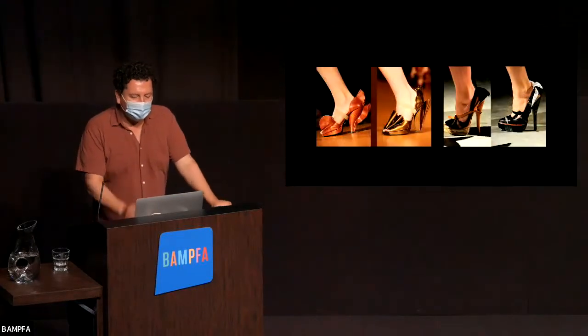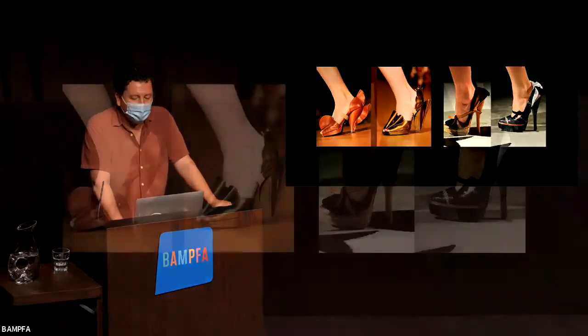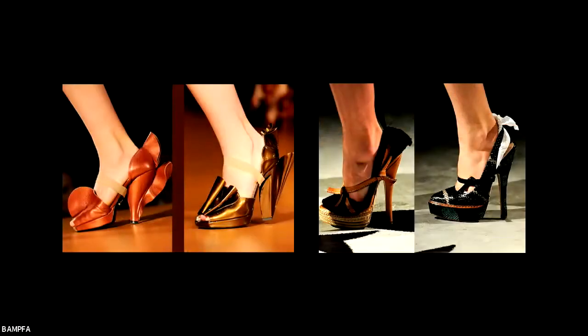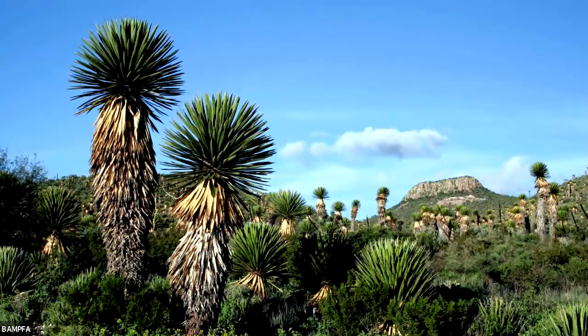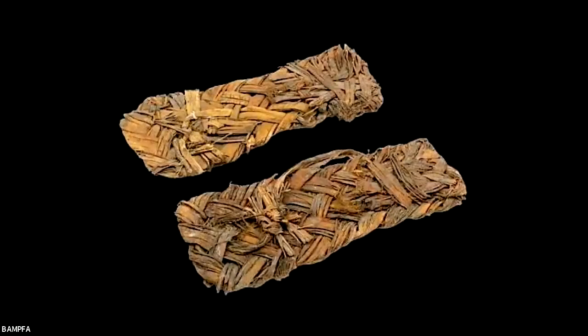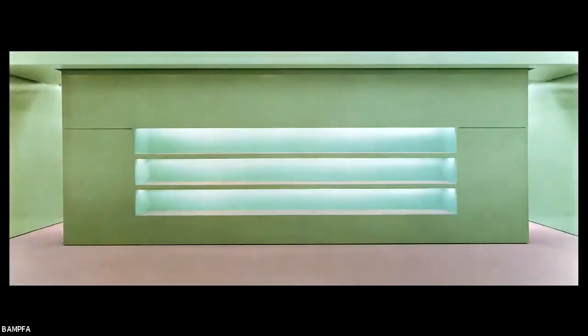And so it's a building that houses the 2004 line of shoes and purses produced by Prada, which cost over $1,000 a pair, in a landscape where the traditional shoe was made out of yucca fiber, and that's what that shoe looked like. But it's also a landscape where people walk hundreds of miles until their own shoes wear out, and they stick the fibers of yucca in their shoes so they can go a few more miles. So there's these dichotomies present in this exploration of the structure.